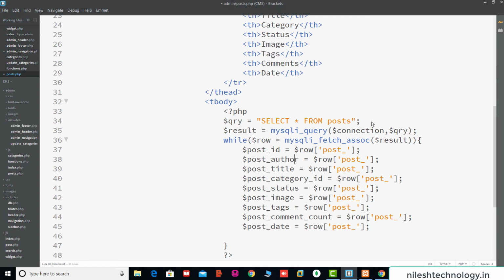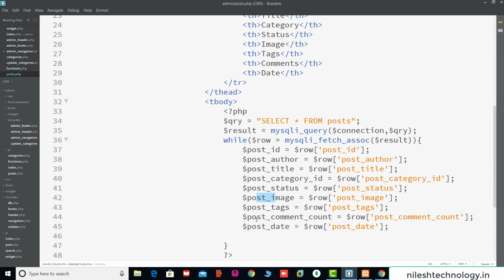Here again the column names: post_id, author, title, category id, status, image, tags, comment count, date. So these are the column names in the database table, and these are the variables.